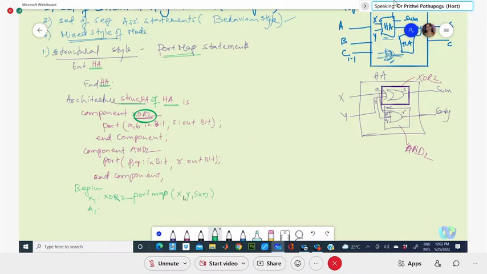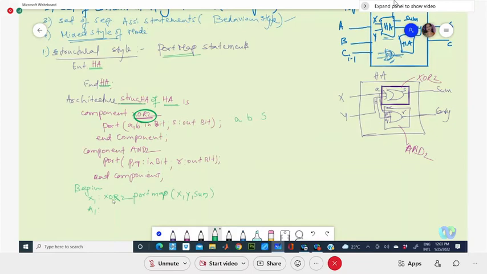But we are giving X, Y, sum. Here, this type of port mapping where we are not giving any signal assignment is what we call positional assignment. Positional assignment, in the order of the port signals that are declared. In the same order or in the same positions, these signals will be assigned. See, the order declared here is A, B, S. These are your order of the port declaration of the component XOR2.